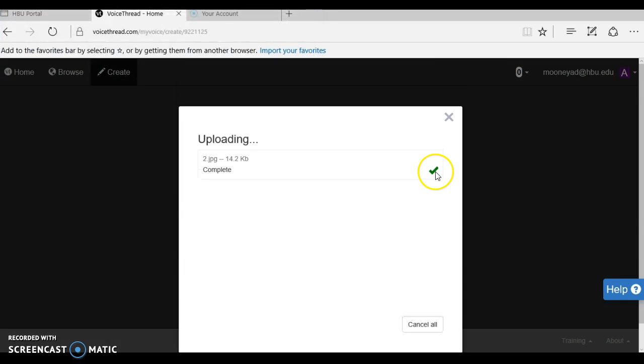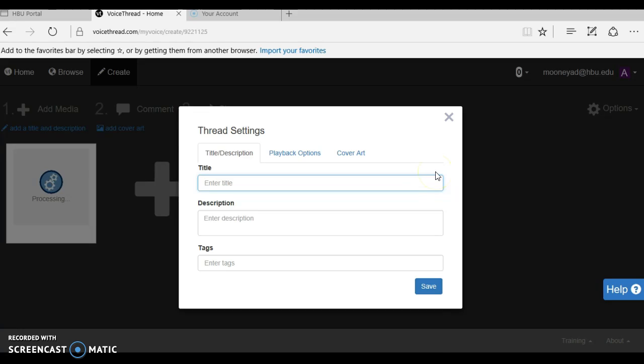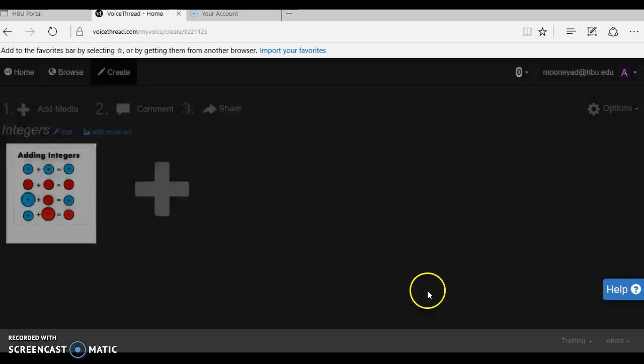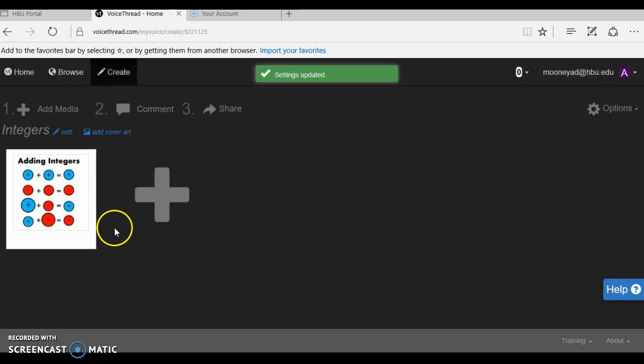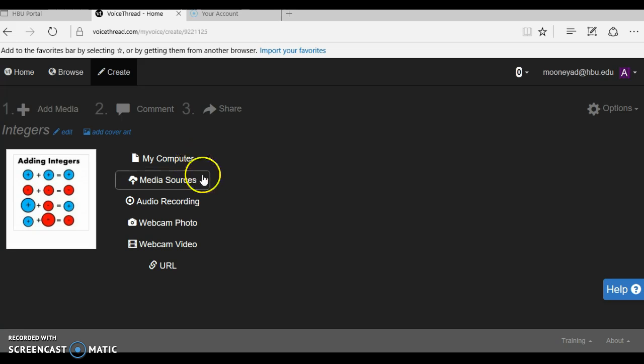And just pick one of these beautiful integer photos that I have. Title and description is optional, but it helps you later on. As you can see, this opened up almost a new PowerPoint per se, or slides of images. You go to the plus sign to add another one. I'm not going to go through and add a lot, but something I do want to show you is media